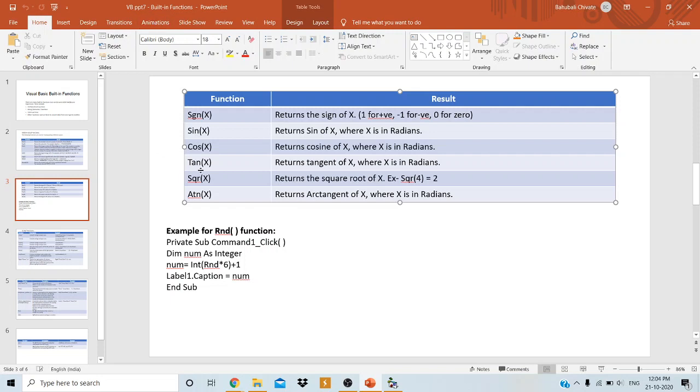Then we have a very important function, one more internal function, that is the square root function. See, SQR is nothing but the square root function, not a square. It is going to return the square root of a given number. For example, SQR of 4. What is the square root of number 4? It's 2.